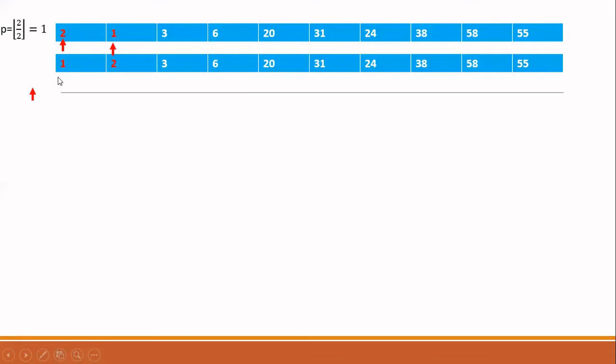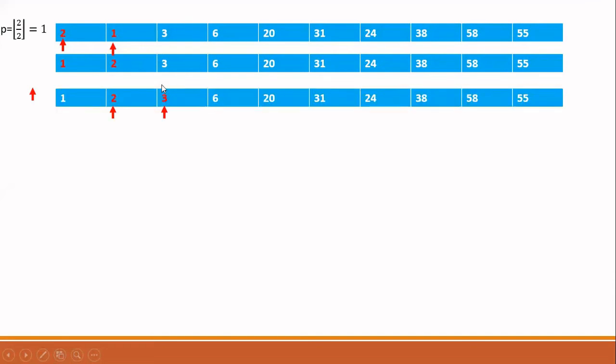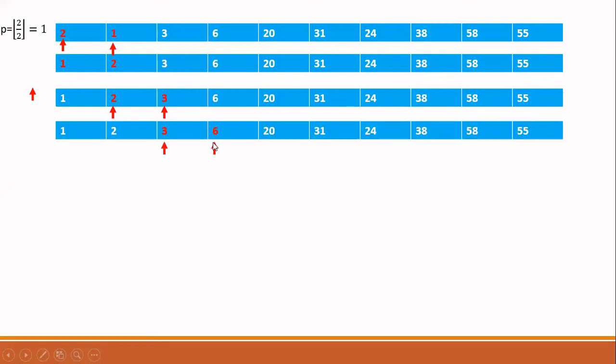Now, after swapping, you swapped here. Since there is no element before, you stop the swapping. Okay. Now you have to update this pointer. This pointer I will bring to the next element, so it will come from 2 to 3. Now, similarly, the second pointer I will place at a gap of 1. Now I have to compare these three elements. There is no need for any swapping. If there is no need for any swapping, just increment this pointer. Okay. So now I am bringing the pointer from this 3 to 6. Similarly, the second pointer is from 2 to 3.